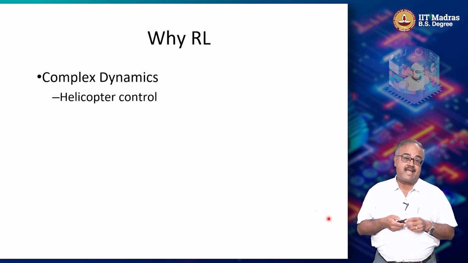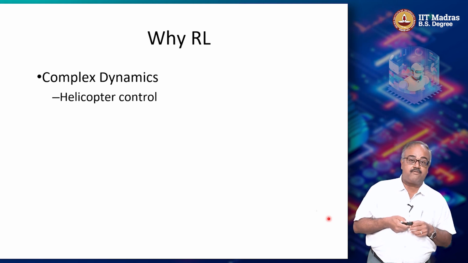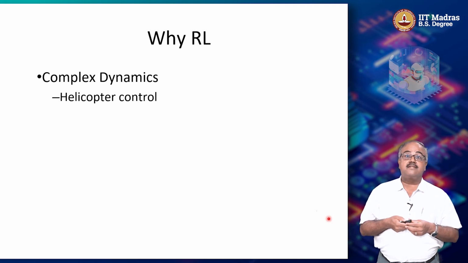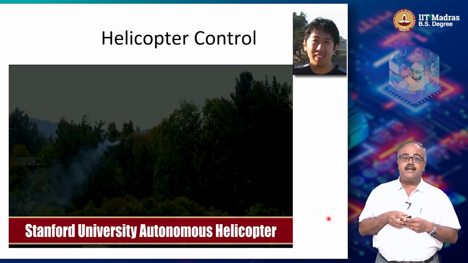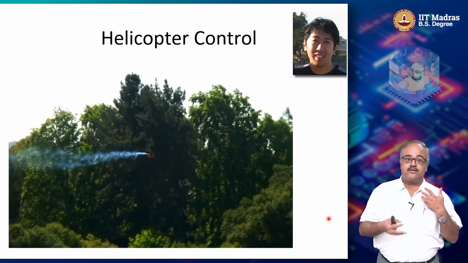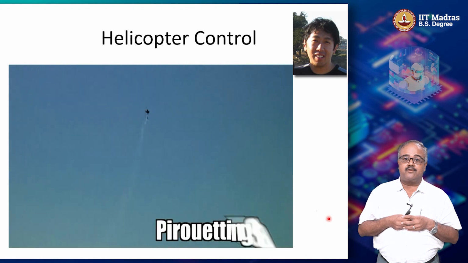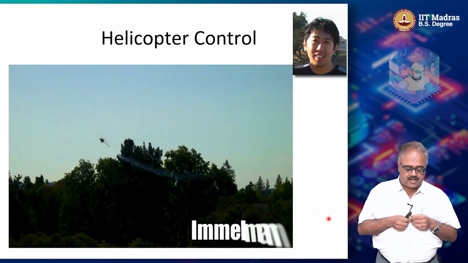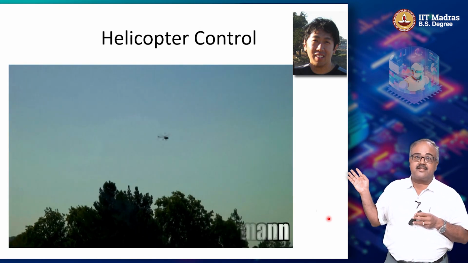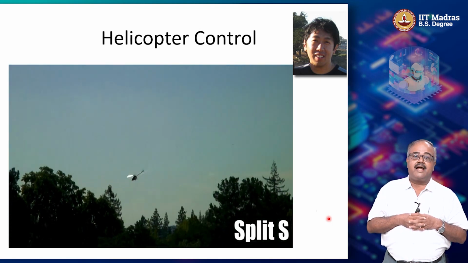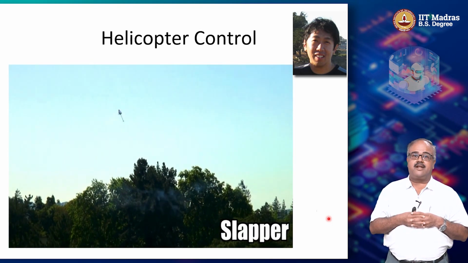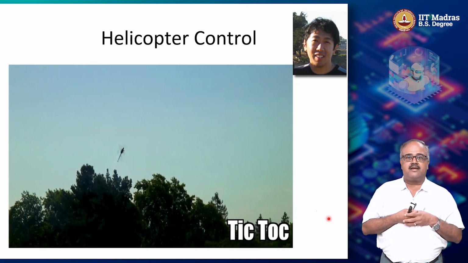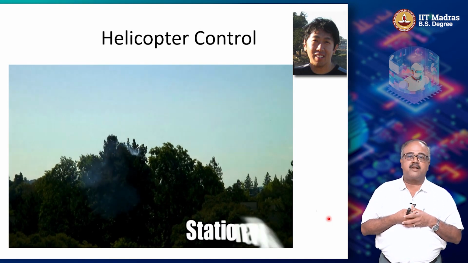So here is one fun example of a reinforcement learning agent learning to fly a helicopter. This example comes from several years ago, but it is still fun. Some of you might recognize the person in the picture, especially if you have been looking at some online machine learning courses apart from the BS course. That is Andrew Ng, and look at that. That's a helicopter that is doing trick flying, and it is trained using reinforcement learning. It's not a full helicopter that a human being can sit in, but it's fairly large. It's about the size of a normal writing desk.